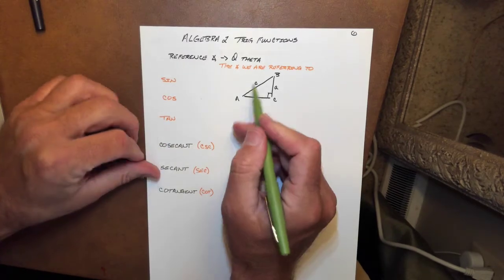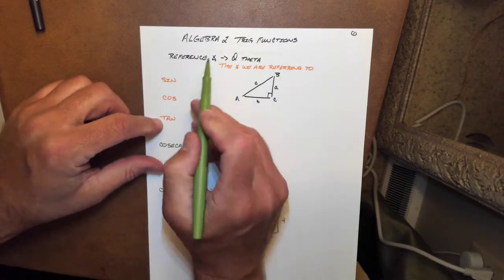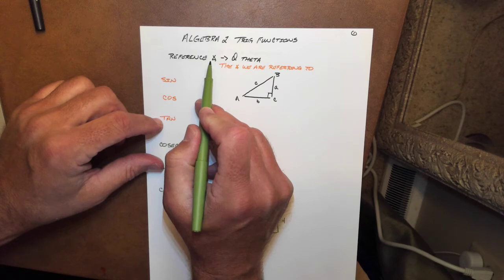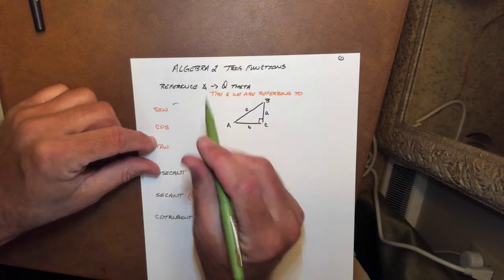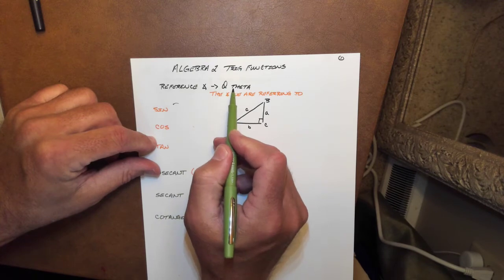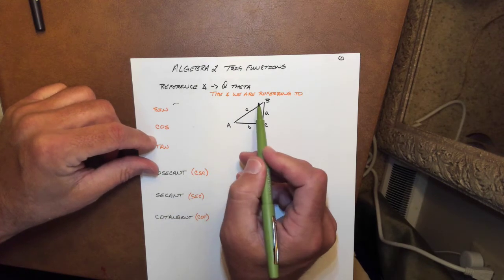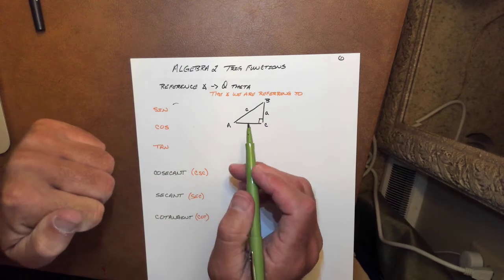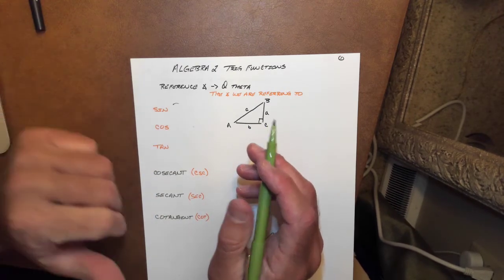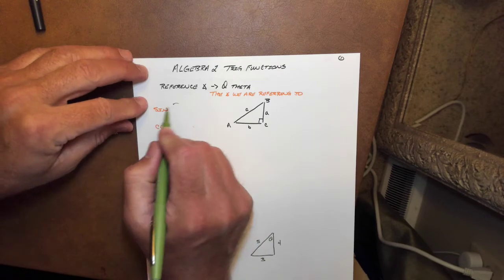So I'm going to use this triangle as my reference right now. But the reference angle, oops, can't see that, can you? There you go. The reference angle is going to be called theta. And that's the angle which, pardon the pun here, we're referring to. That's the angle we want to work with. So, by definition,